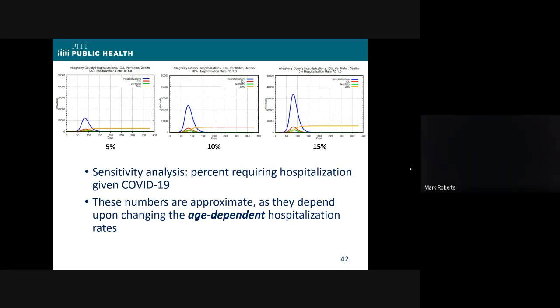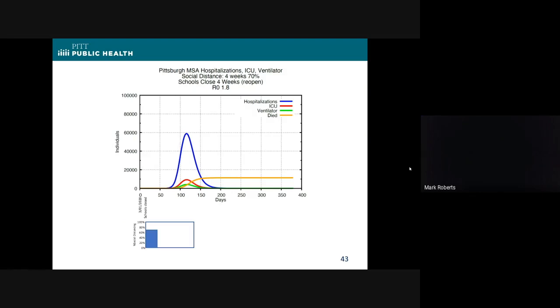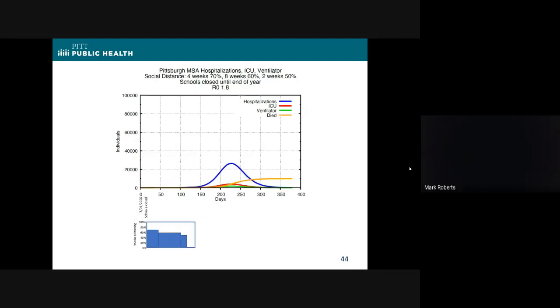So anyway, the goal here is only that we're showing that the rate of disease that requires hospitalization matters a lot, and we don't have a very hard estimate of that number. The other thing that's important is, here we just showed these huge peaks, this is in Pittsburgh alone, and this is just showing what happens if you, again, shut off social distancing completely. But we can show you that as you continue to extend that, you lower the peak and delay the peak. And both of those things are important.